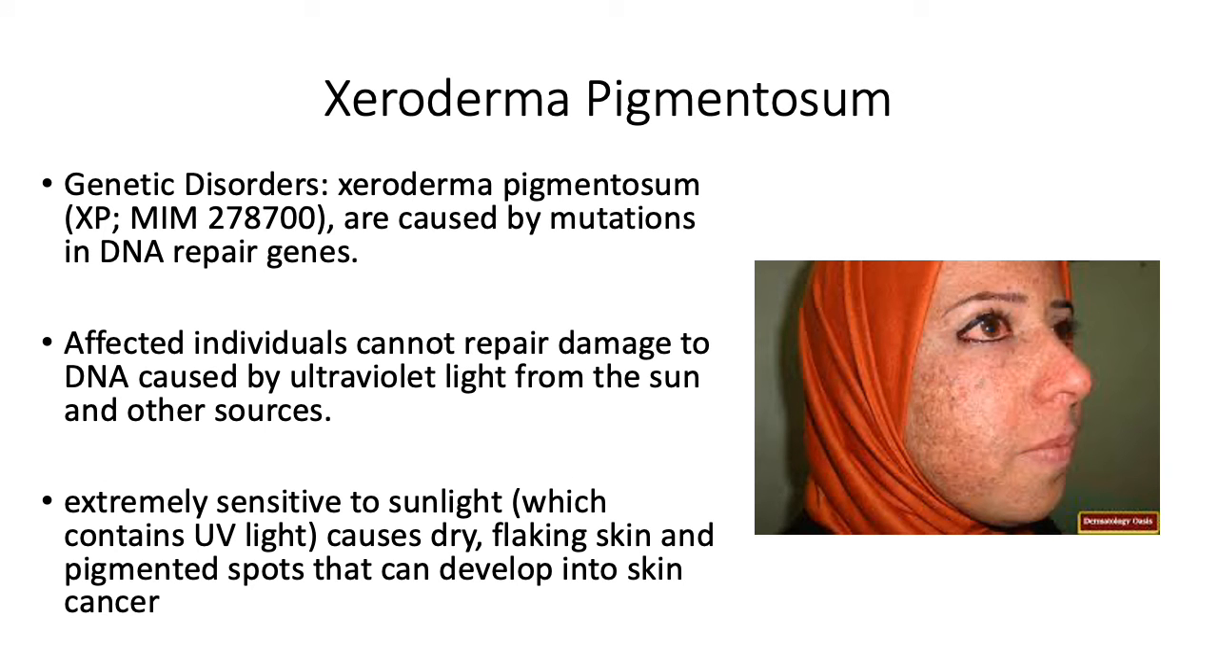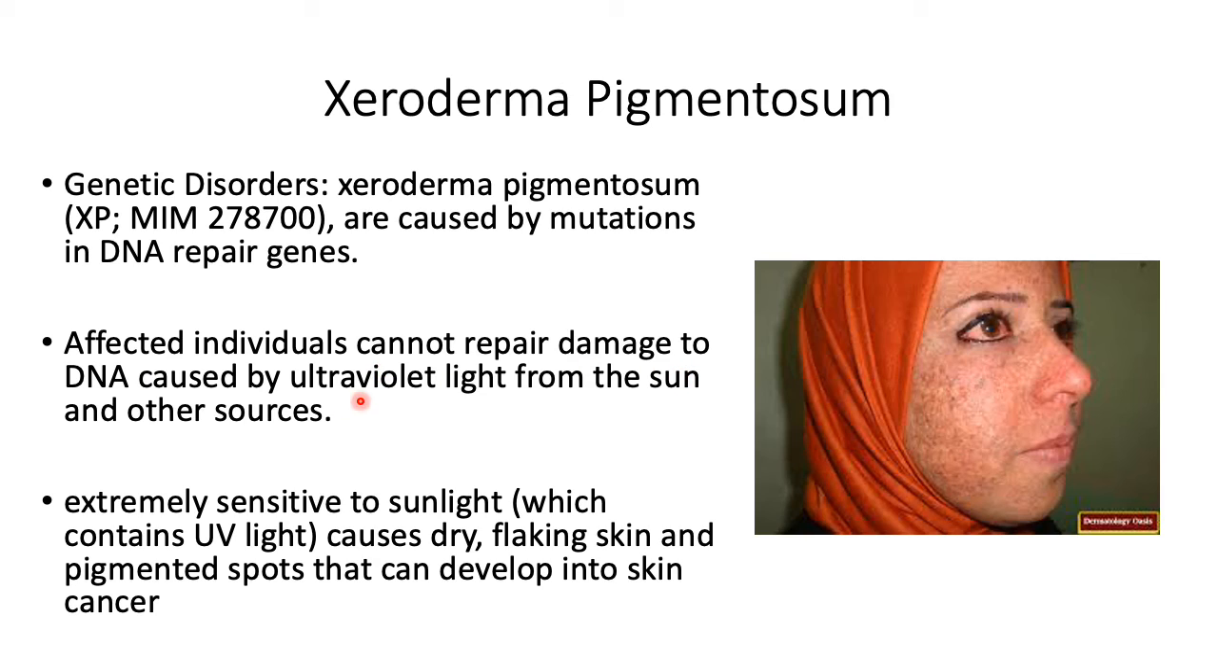There are diseases associated with damaged DNA repair mechanisms. For example, the genetic disorder xeroderma pigmentosum is caused by mutations in the DNA repair genes themselves. And so, if an individual is born with a mutation in the DNA repair genes, then that can be very detrimental. So, these individuals that have xeroderma pigmentosum